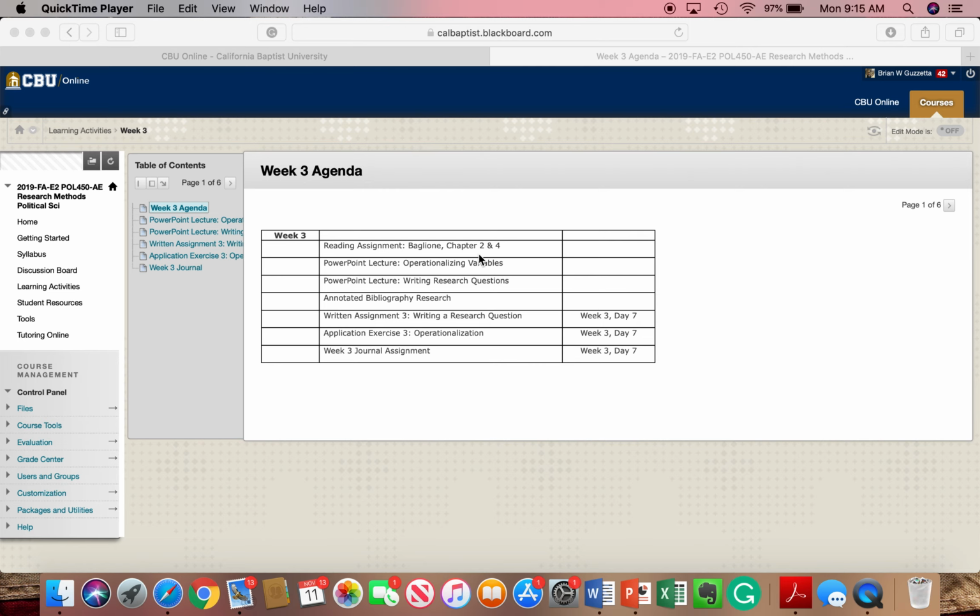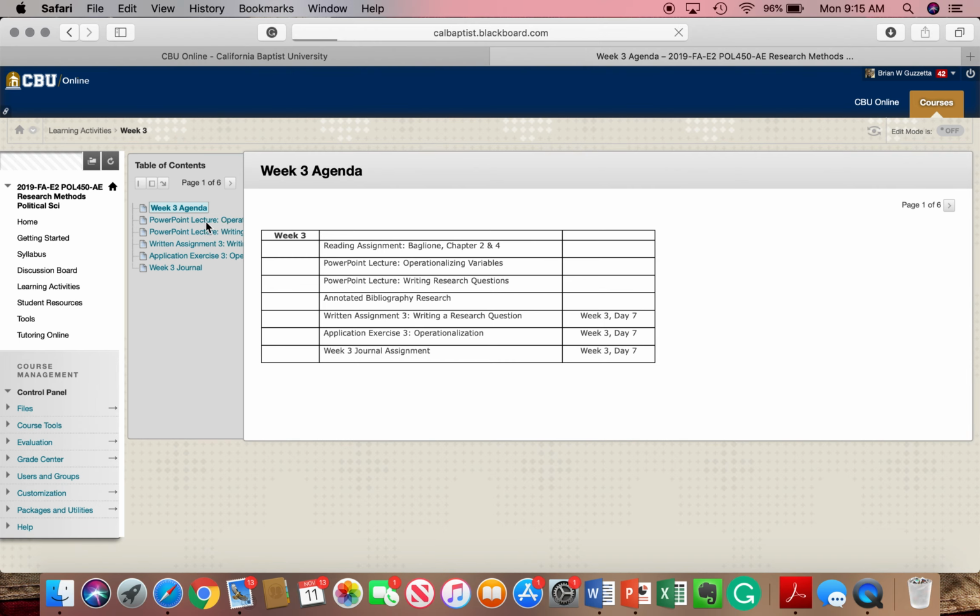That builds into Chapter 4, which is making sense of the scholarly answer to your research question, which is going to be that literature review, that second chapter, or that annotated bibliography. We want to make sure that we can write a research question and that it's one that we can research. If it fits both of those molds, what they talk about in Chapter 2 and Chapter 4, then you probably have a decent research question.